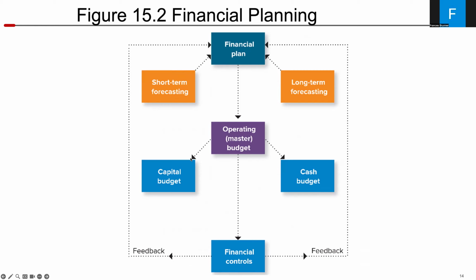That master budget can be broken out into a capital budget and a cash budget. The capital budget determines what long-term assets can be purchased and how expansion is addressed. The cash budget addresses operating expenses such as employees, supplies, and other day-to-day expenditures. So using this information, we can control the actuals that are in place by consulting the budget and seeing how the actuals reflect or vary from the budgets.